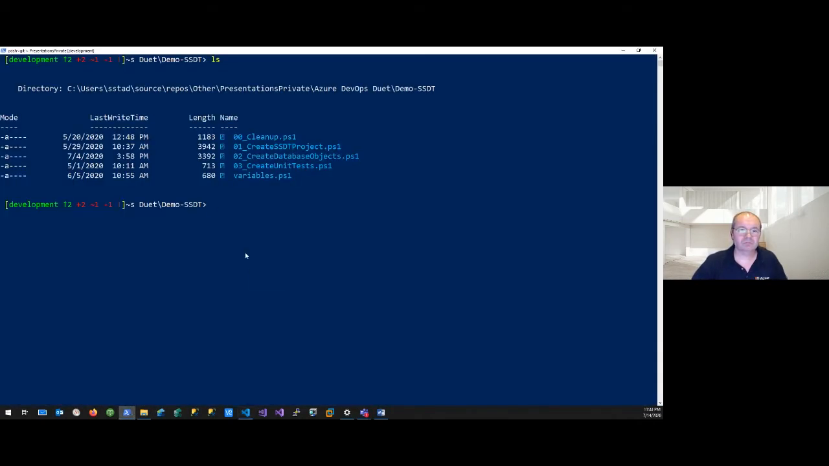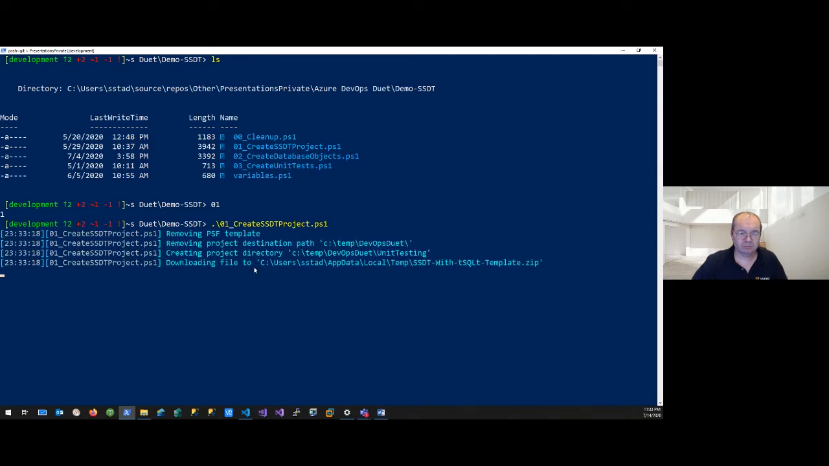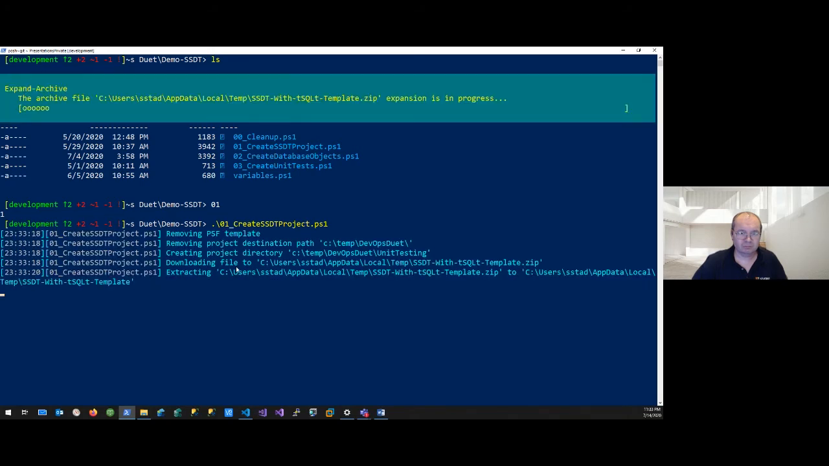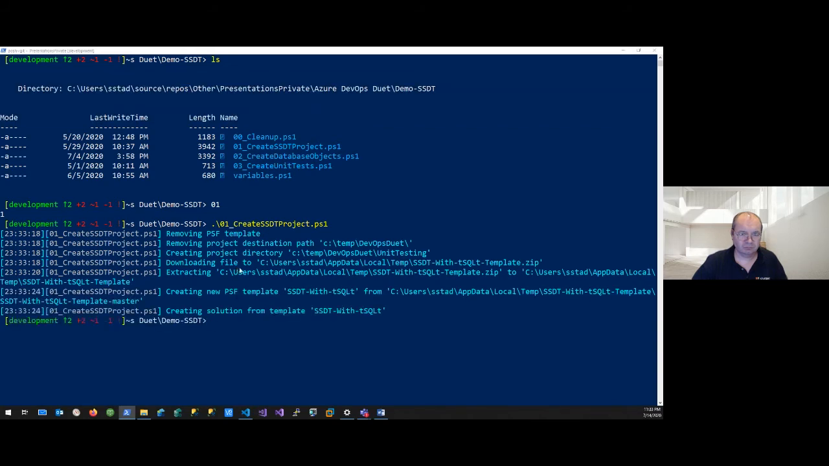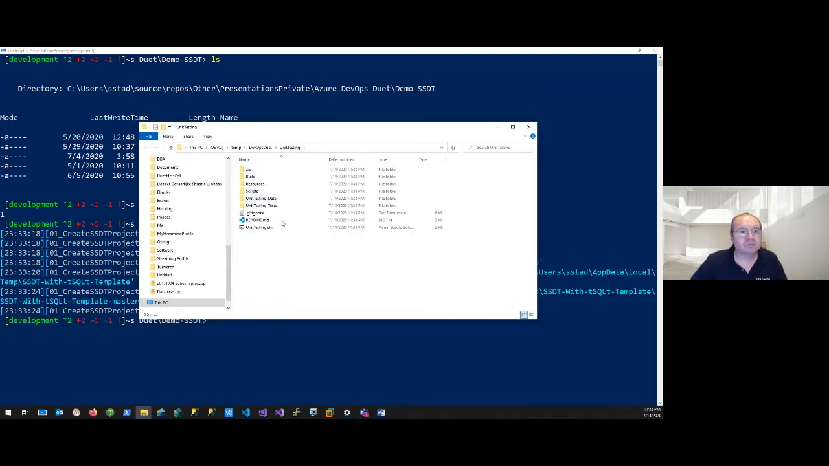So if I run that little script, it will start momentarily. Come on. Yeah, there we go. So it's going to download it, and it's going to extract it, and then install it and create the solution. And we're already done. This is the solution generated just with this script. And if I open that,